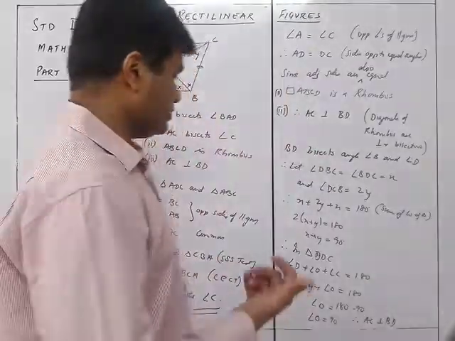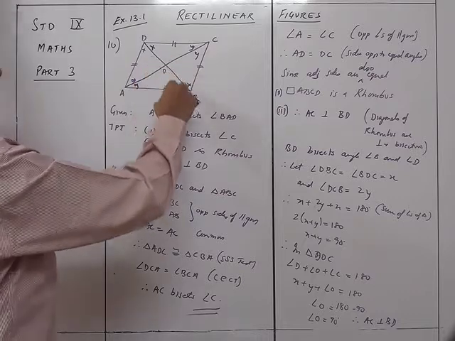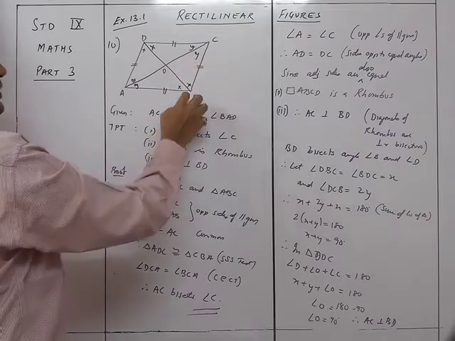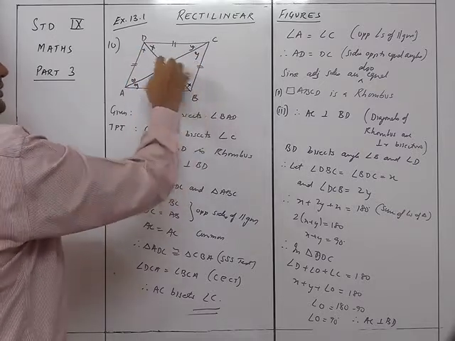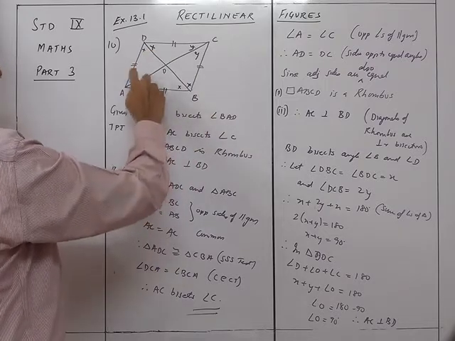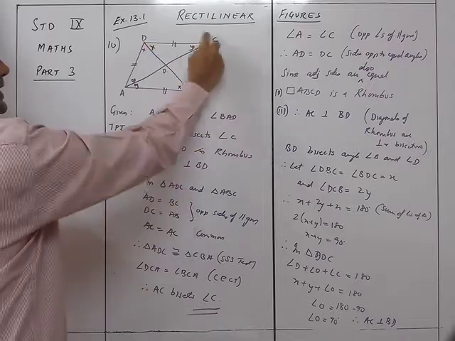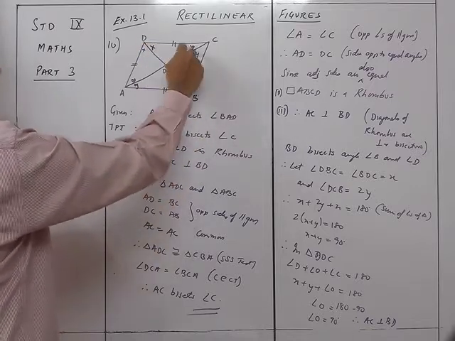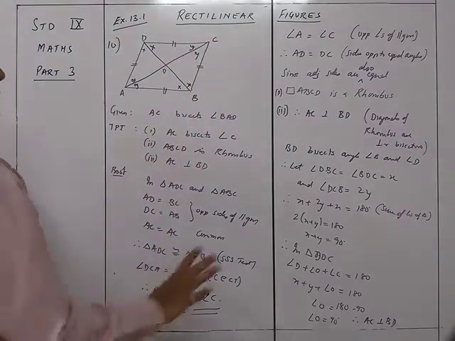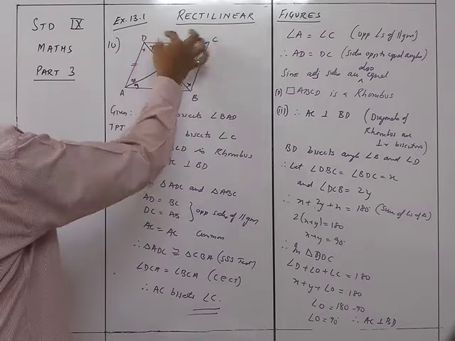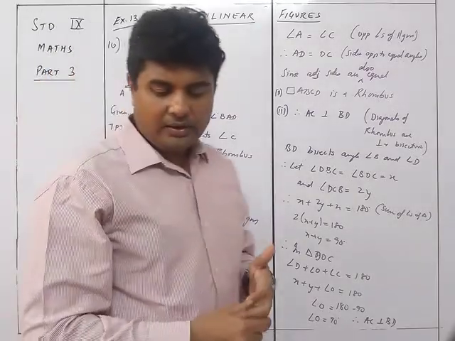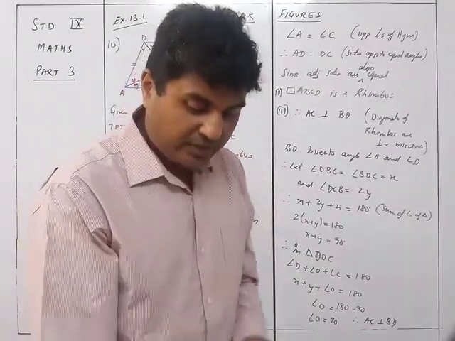Okay, I'll just explain you once again. So what we are doing over here is we proved first of all that AC is bisecting angle A and angle C. Similarly, we can use that BD bisects angle B and angle D. So if this is 2x, it becomes x and x, and this is 2y, so it becomes y and this becomes y. So in triangle BDC, 2x plus 2y is 180, x plus y is equal to 90. Now once you get x plus y is 90, that means angle D plus angle C in triangle DOC is 90. So what will be this angle? 90 degrees. So obviously it is perpendicular. So that was sum number 10.